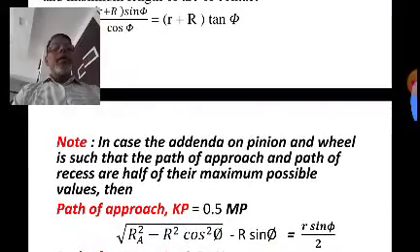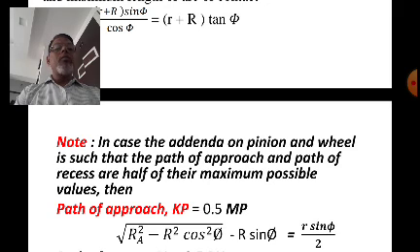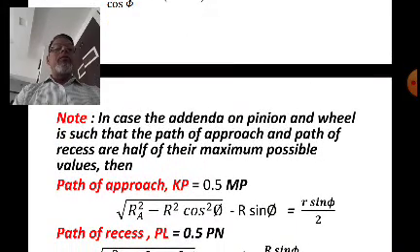Now in case the addenda on the pinion and the wheel are such that the path of approach and the path of recess are half of the maximum possible values, then we know that the general equation for calculating the path of approach is under root of capital RA square minus capital R square cos square phi, minus R sin phi, and that is equal to half of the maximum possible path of approach. And we know that the maximum possible path of approach is small r sin phi, and half of that means